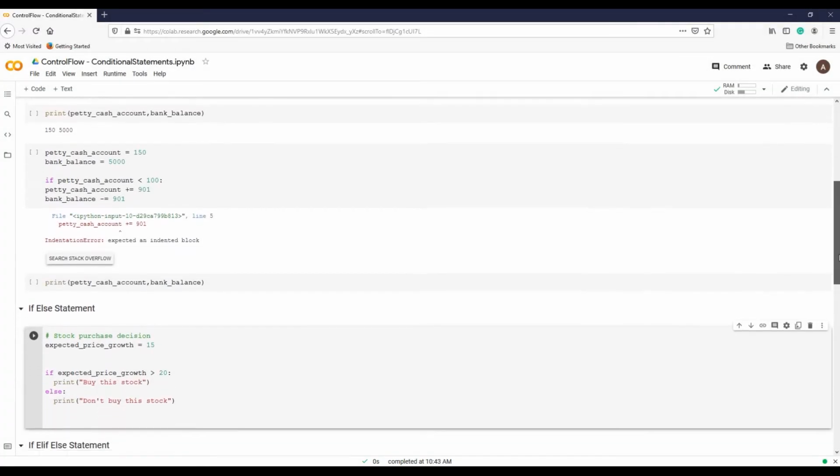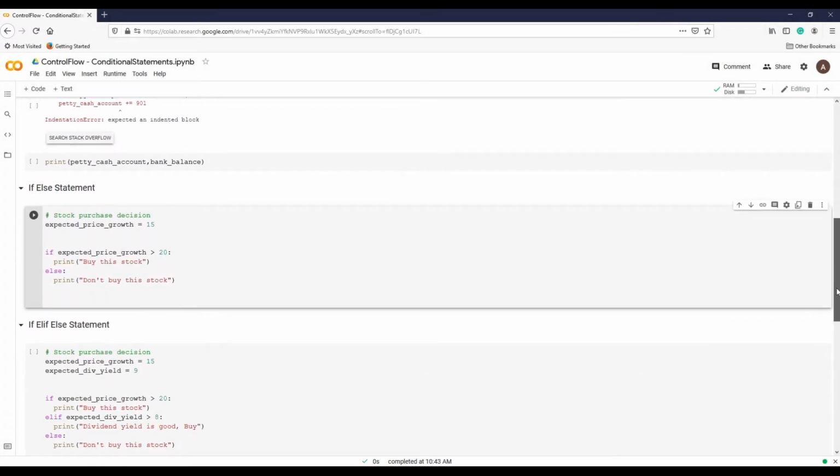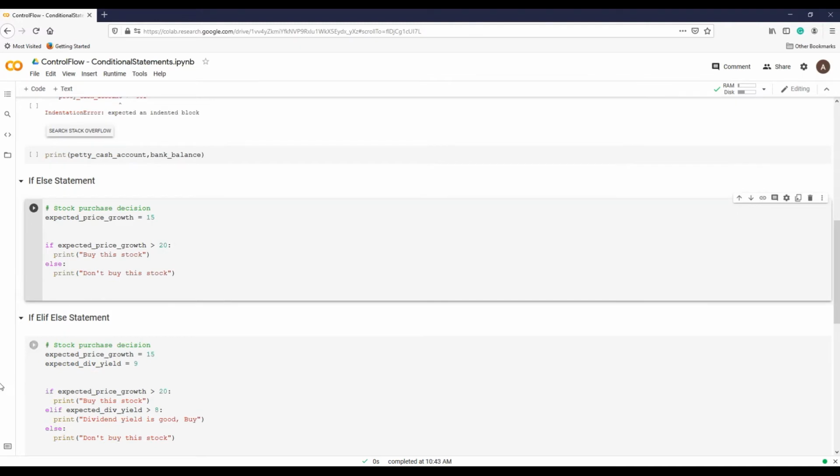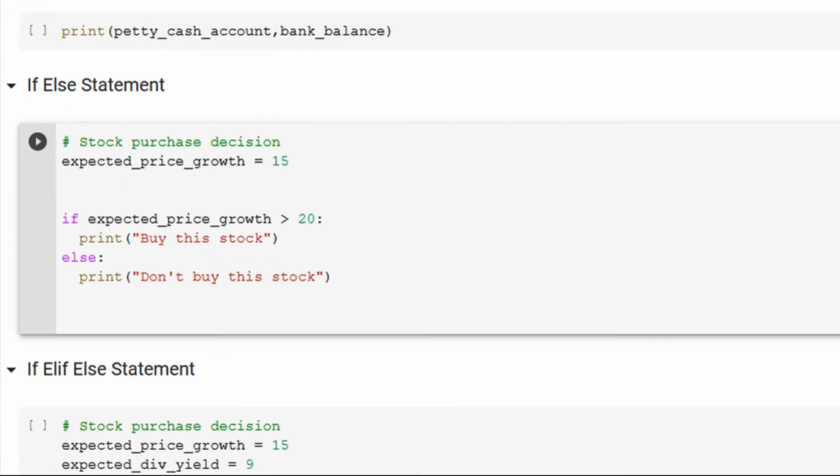Let's see another example with an else statement. Suppose you are interested in buying a stock and your desired rate of price growth return is greater than 20%. But the available stock is only offering 15%. We are checking if the price growth is expected to be greater than 20% in this code.